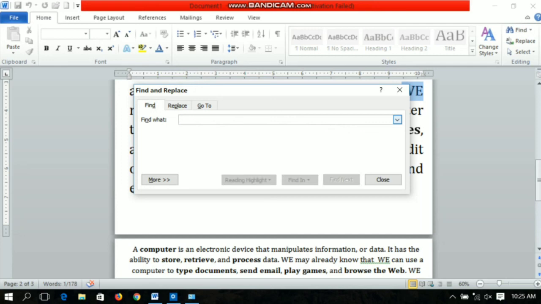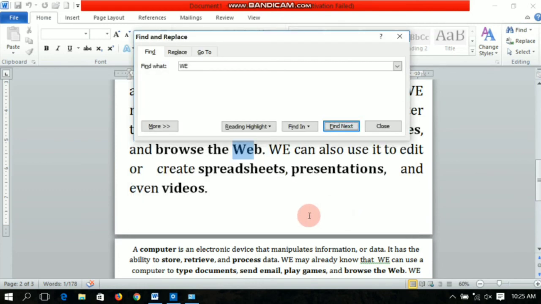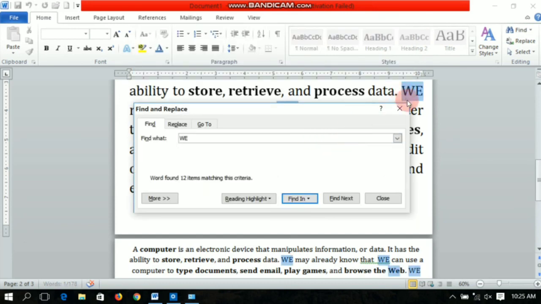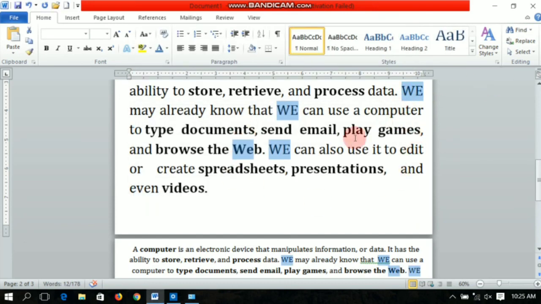We have replaced you with we, and you can see all the instances of we that you have replaced are shown. This is how you can replace a particular word in the text. The shortcut key to find is Control plus F, and the shortcut key for replace is Control plus H.